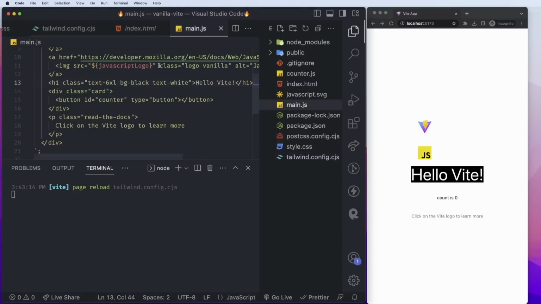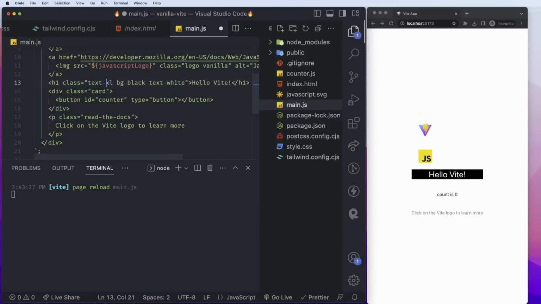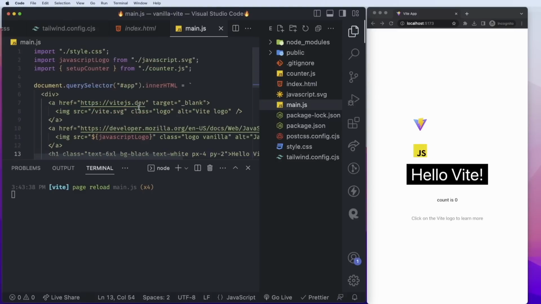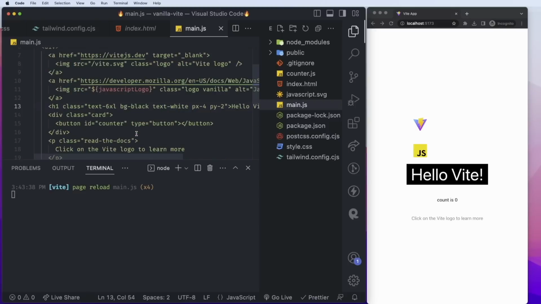And if I go back here, and then if I change this to, let's say 3xl, this works, but 6xl looks pretty good. Maybe add some padding just to show you. So px-4 and py-2, and we can see it has padding. So yeah, that is how it works, and we have successfully integrated and added Tailwind CSS to a vanilla static